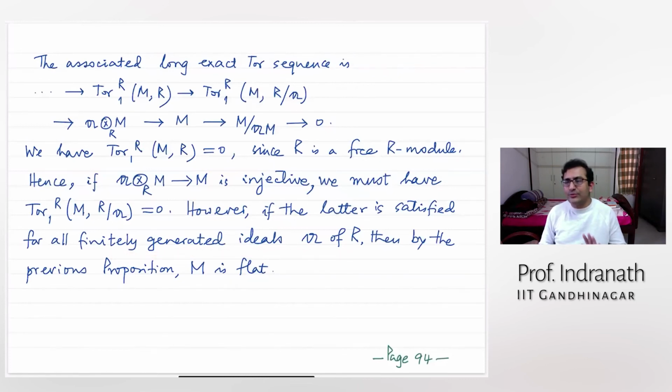So these are the arguments, but please remember a couple of things. One is that you always use the long exact TOR sequence. Another is that whenever you are going from a finitely generated to the general case, then you show that something is in the kernel and that is 0. Now, how you do it is that for the element in the kernel, starting with its finite expression, you come down to a finitely generated module. You do not necessarily need a submodule. You only need a map from that finitely generated one to the original one where you want to show the 0 condition. Okay, these are the couple of things you need to remember.